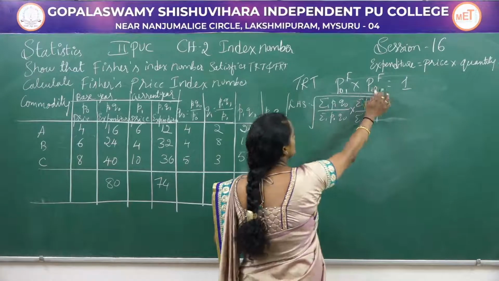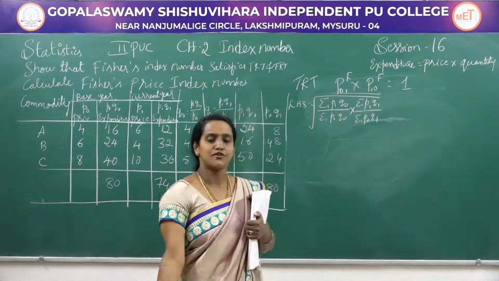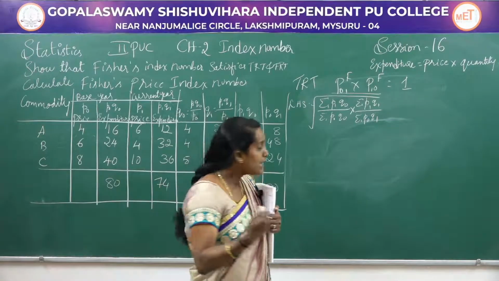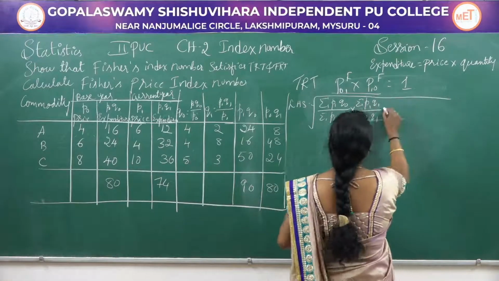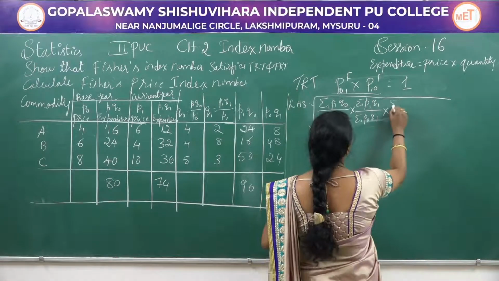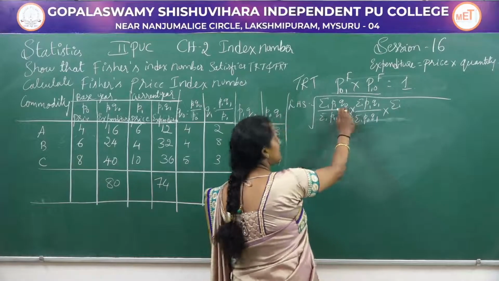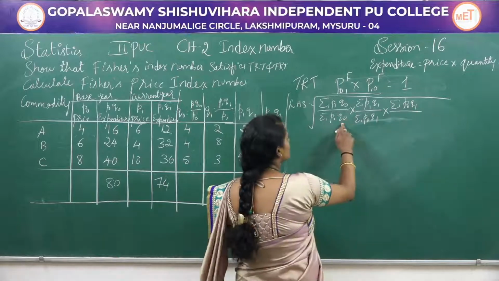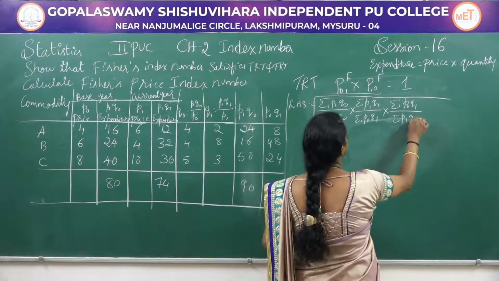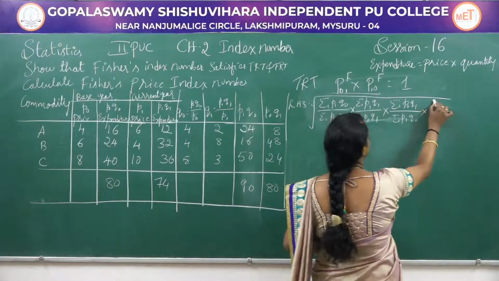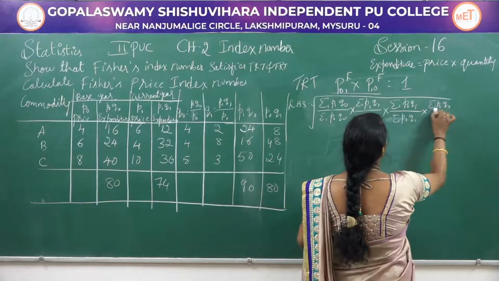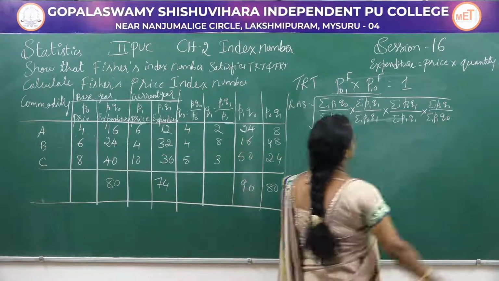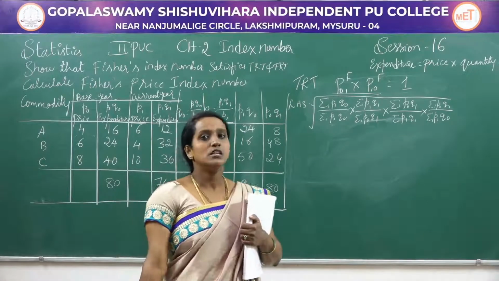For P10 of Fisher's, here I am reversing the time, that is instead of 1 I should write 0, and instead of 0, I should replace it by 1. So writing the reversed formula, summation of P1 Q0 becomes P0 Q1, and it is P0 Q0, this becomes P1 Q1, into P1 Q1 is there, summation of P0 Q0, and P0 Q1, if I reverse, it is P1 Q0. This is inside the square root.